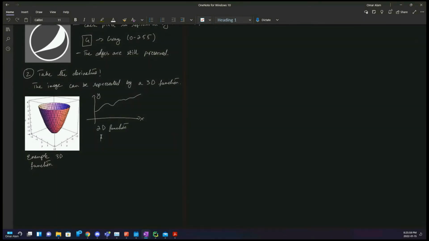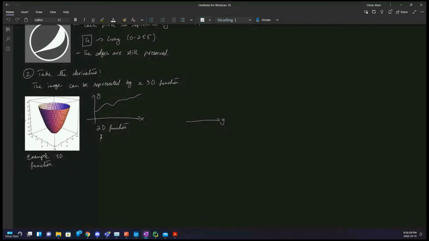But in this case, x and y are input, and the output value is z. It takes in two input values instead of one in a 2D function, and it outputs a third value, which you can map into the third dimension. So what does that look like for us? So we'll also have three axes. We'll have our y, we'll have our x,